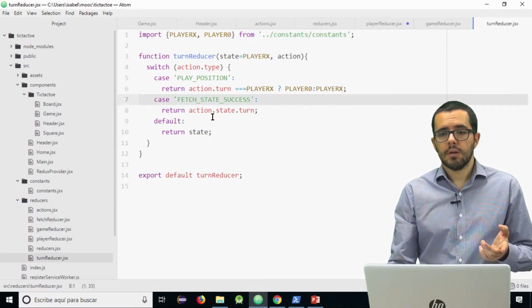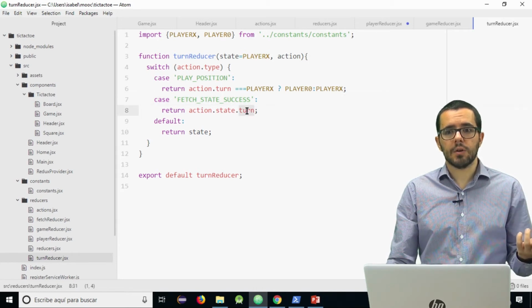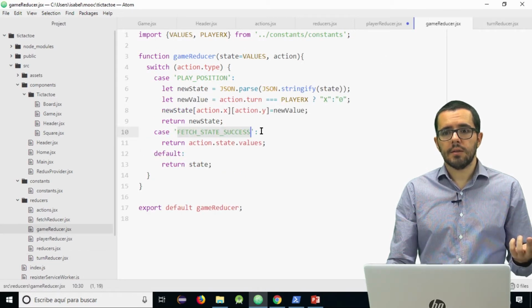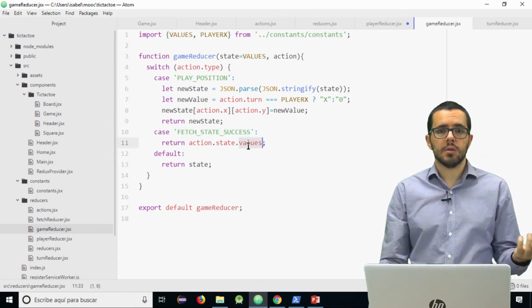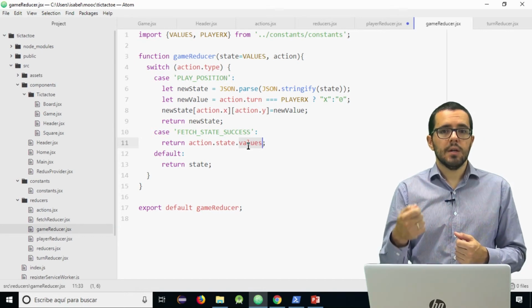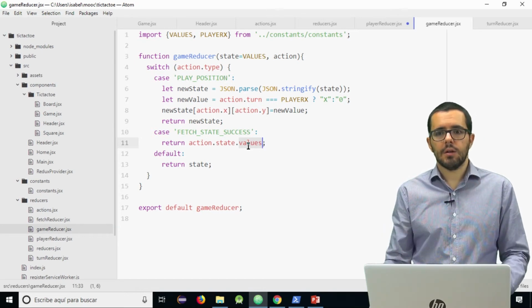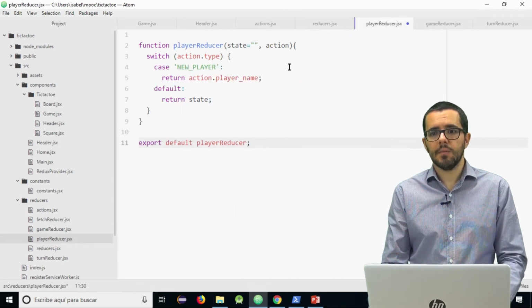In the case of receiving the turn, we return it from action.state.turn, and in the game reducer, if we fetch data, we return the values, just to modify the state and to make React render what we fetch. So we have to do exactly the same here.